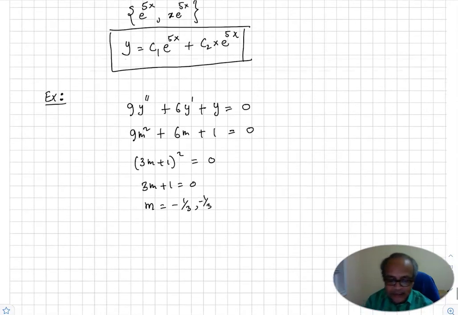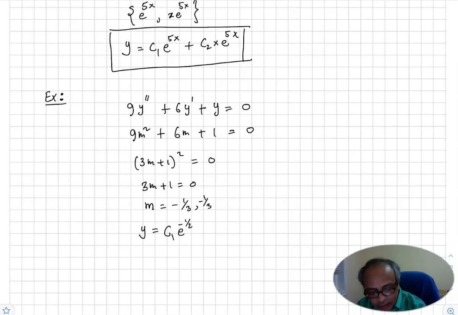You see it is just slightly different algebra, but the procedure is the same. And if I want to write down the general solution, c1 e to the power minus 1/3 x plus c2 times x e to the power minus 1/3 x. Okay,